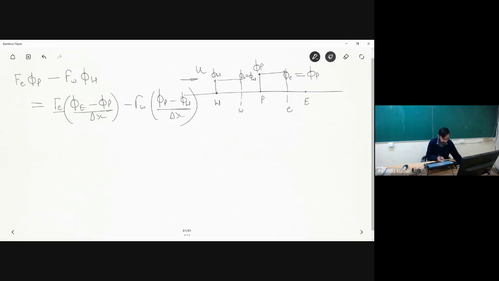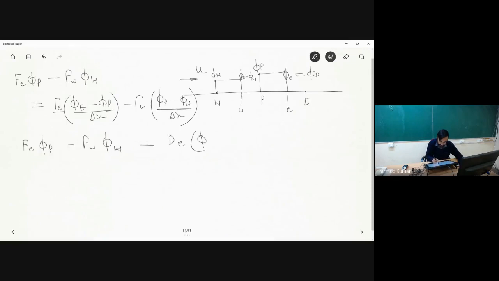Okay. Is this point clear? Now this gamma by delta x, I can write simply as D. So my equation becomes Fe into phi P minus Fw into phi W equal to dE times, this gamma E by delta x becoming dE,